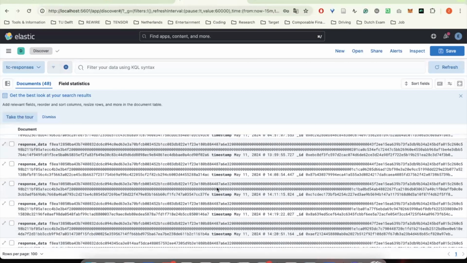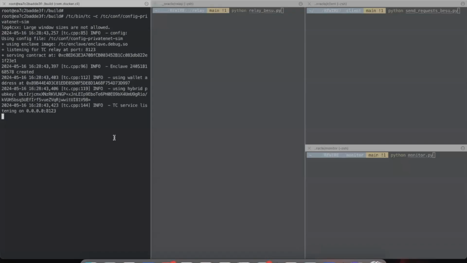Okay, now let's go to the secure Oracle components. As you can see, there are 4 terminal windows here. The first tab is used to start our SGX enclave service, which is mainly used to fetch and filter the data in the enclave.